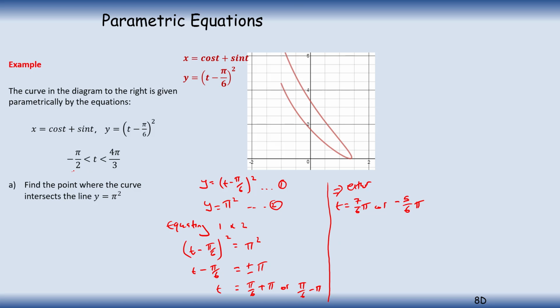Now, if we look at the range of values that t can take, it ranges from minus pi by 2 to 4 over 3 pi. So while this is in the range, this one is not. So it cannot be that value. So t is equal to 7 over 6 pi. So hit pause, make some notes, and when you're ready, we're going to find the coordinates